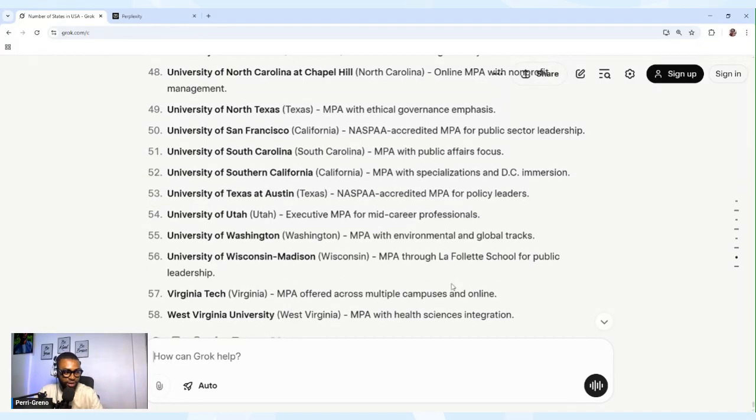So you realize that the master's in public administration has different concentrations. You can narrow down your search to the concentration you want, listing the results you need AI to get for you. Other than that, you can make it wide so that AI can give you a wider scope of search.